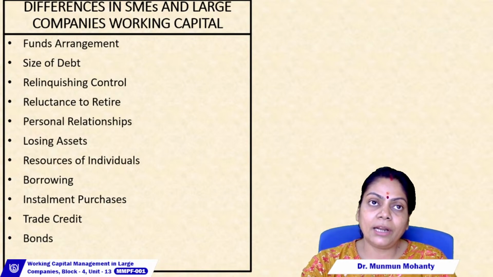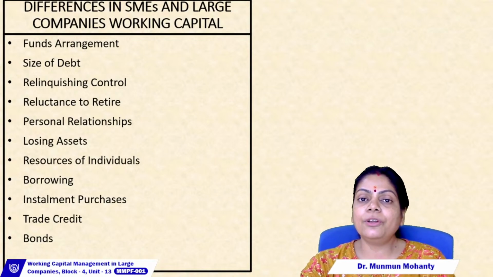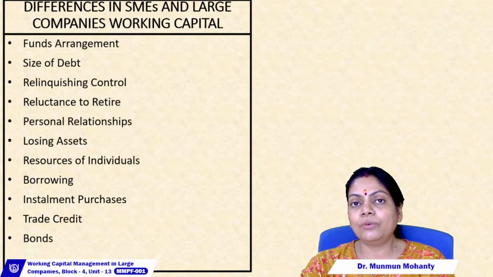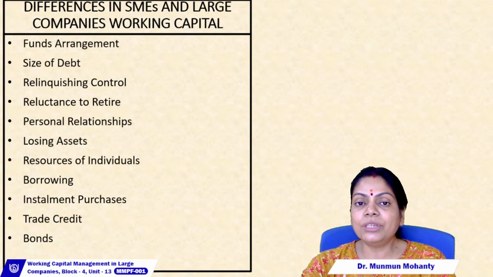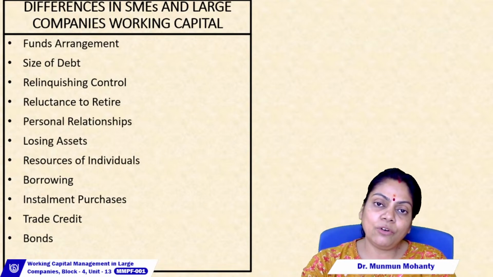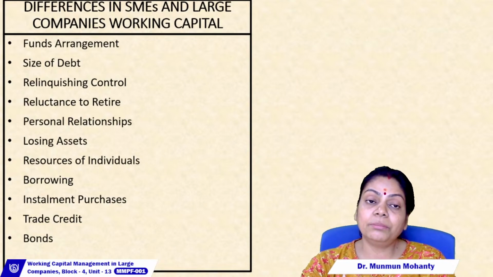Now, the collateral, there is every possibility of losing an asset. Now, a SME, which is having a very low asset base, for them losing an asset to a bank because of the collateral means a lot. Okay, that might not be a big deal for a big company, though.